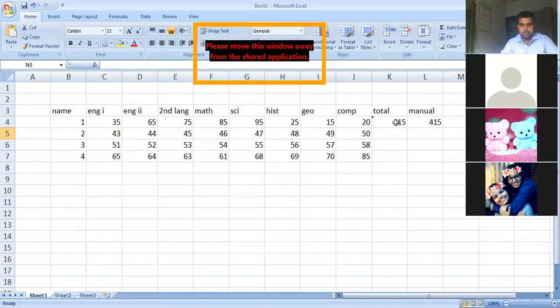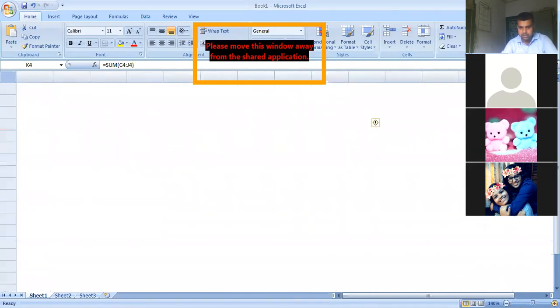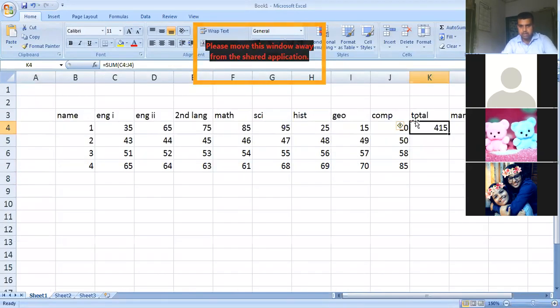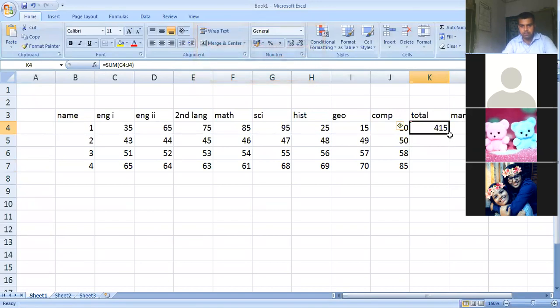Okay, now if I click on 415 right now on your screen, you can see the formula is already given. Now if I zoom a little bit more on the screen, in the black box of the selected cell in the total column, there is a small dotted box. If you take your mouse cursor over it, your cursor changes into a plus sign.